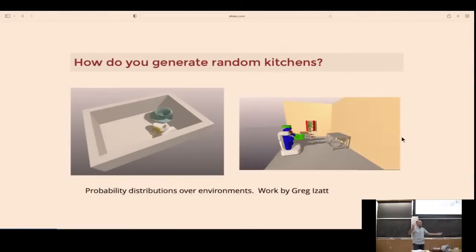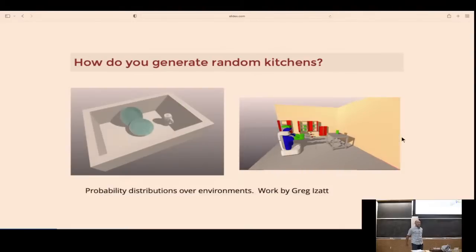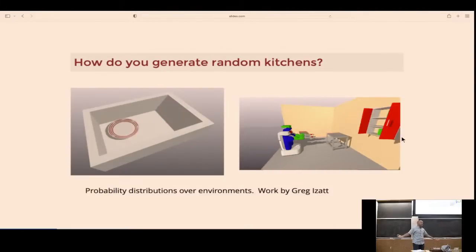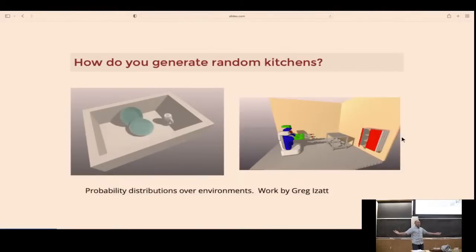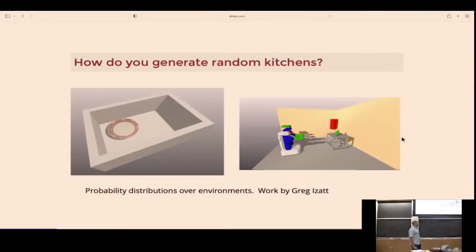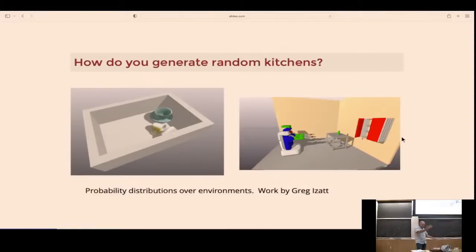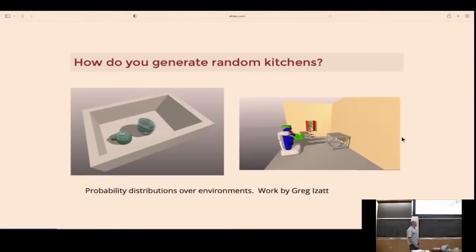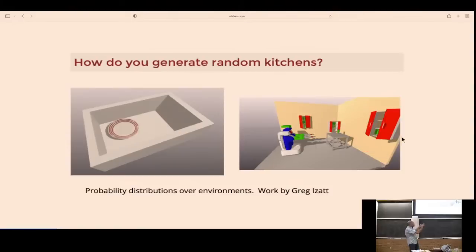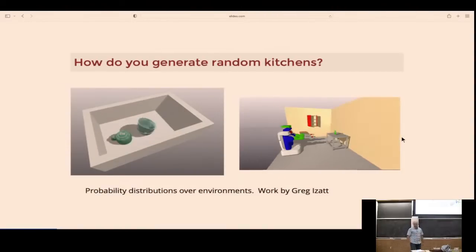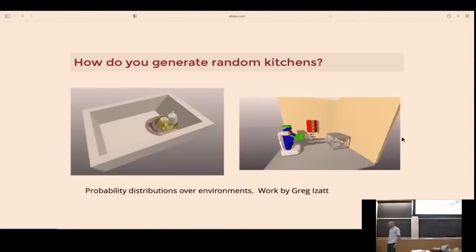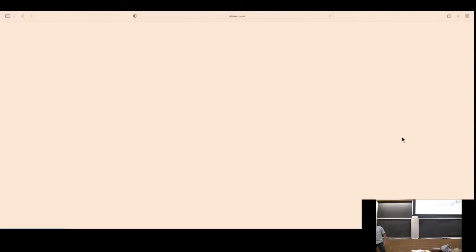It's a big question for all types of, if I wanted to make a safety case for autonomous cars, right? How do I somehow write down a distribution of all the possible environments that the car could be operating in? What's the probability of a pedestrian coming in a certain way? It's slightly easier when you have inanimate objects, but still very, very hard to get the distributions of possible kitchens. So what we're actually going to do instead is